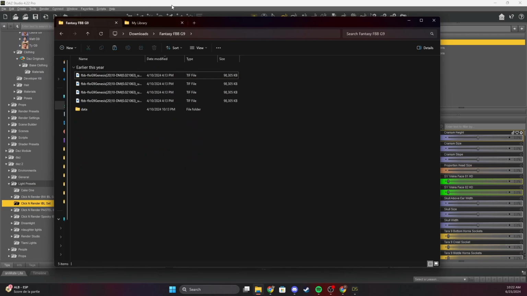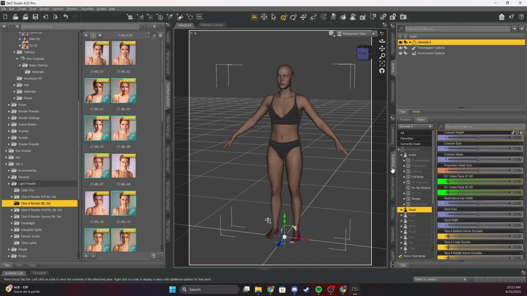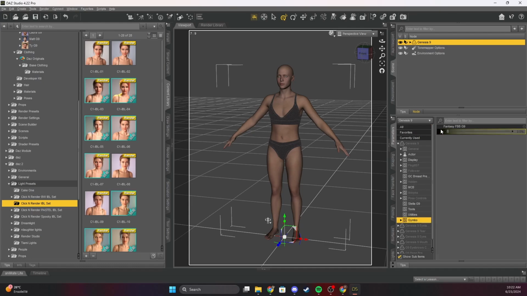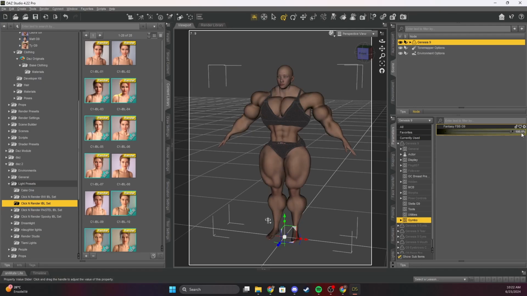When it's done, in DAZ, if you go in Parameters, Genesis 9, you're going to see a folder called, if you can find it, Jimbo. And here you have the morph slider. You can see that if I activate the morph at 100%, my character changes. It's perfect. If I enable NVIDIA Iray,